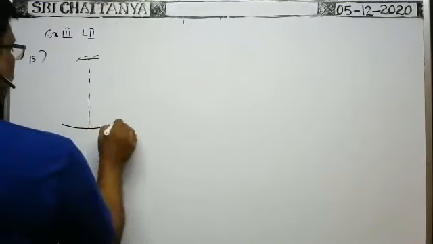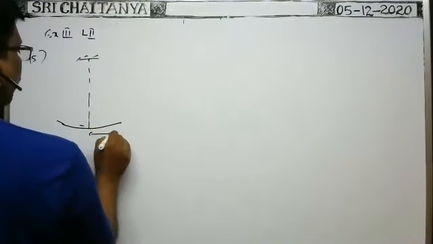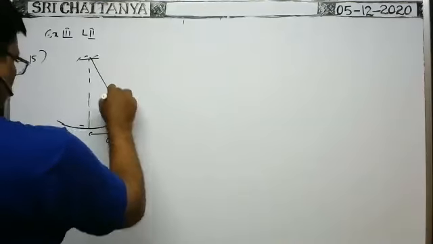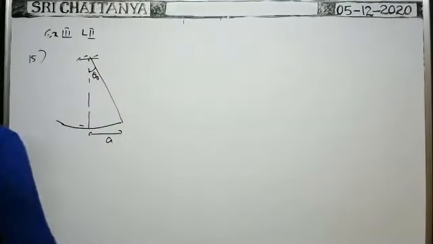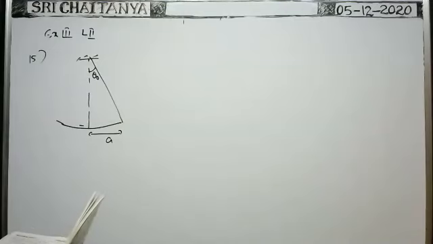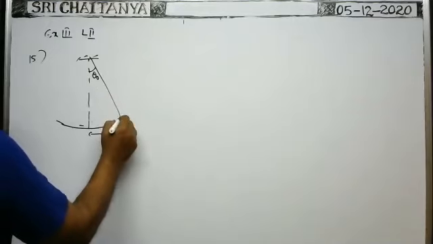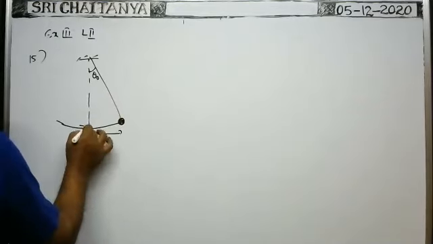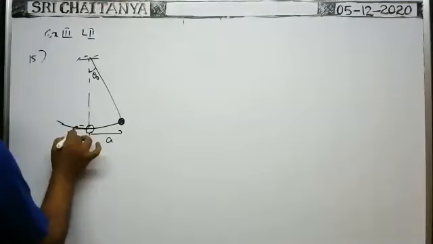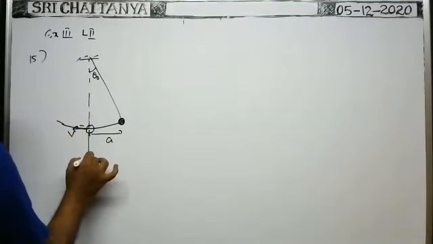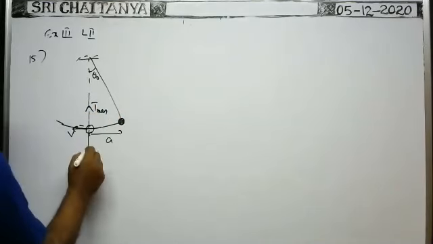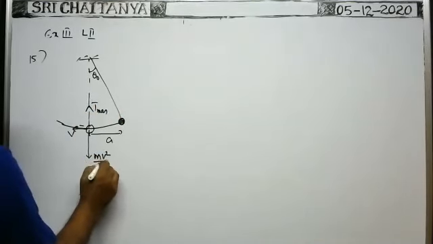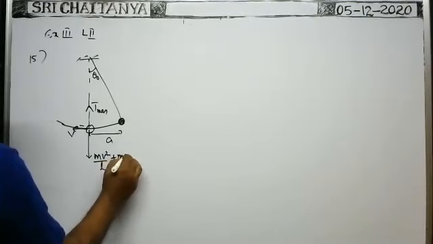While it is making oscillations, the amplitude is given as A. At that time, it has angular amplitude, say theta naught. Then what is the formula for maximum tension? Whenever the bob is released from this position, before it reaches the lowest point, it acquires the maximum velocity. When it acquires the maximum velocity, the tension in the string is maximum at the lowest point, which is equal to mv square by r, where r means L, plus the weight mg.